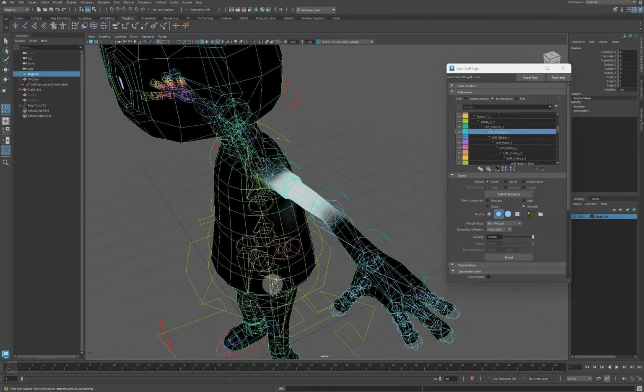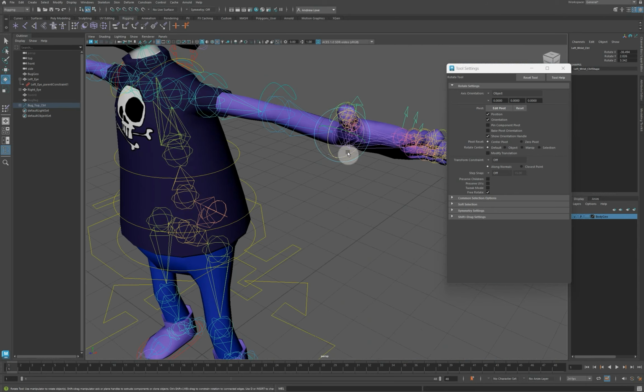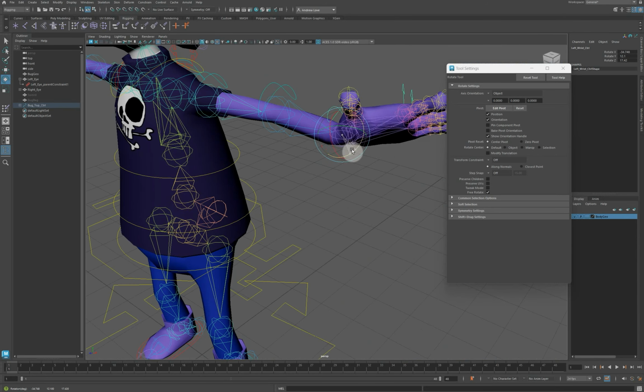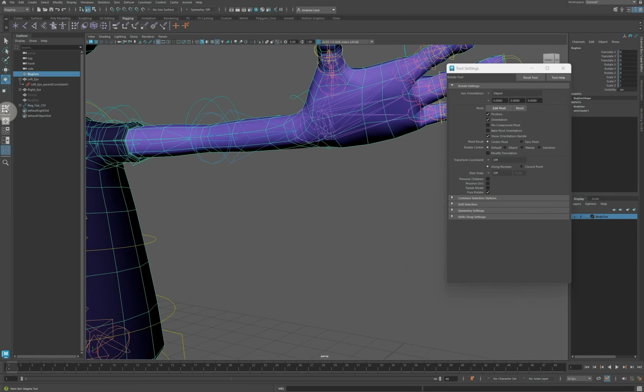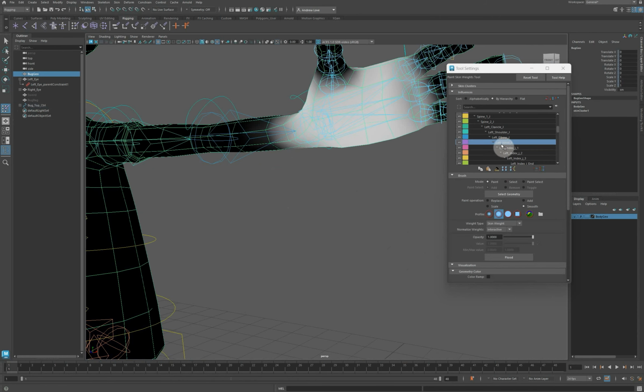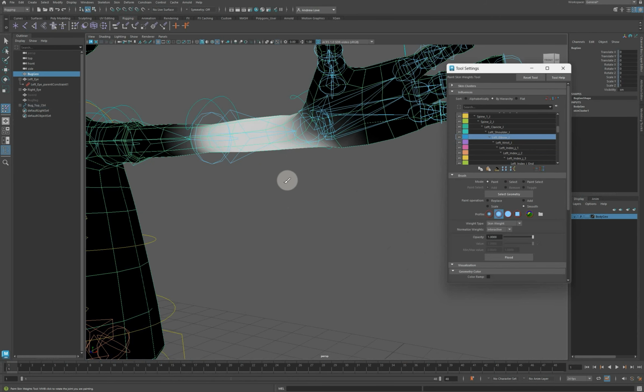Wrist. Not too bad. Let's just have a look at the wrist. So if I go to select and rotate, get this guy, do that. It's not too bad, does it? I mean, there's not too much going on up in the arm. Probably the wrist joint's just pushing that around a little bit too much. Yeah, so if we go elbow,